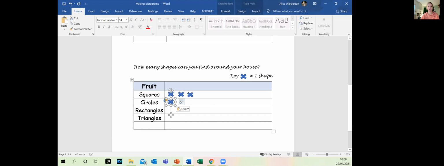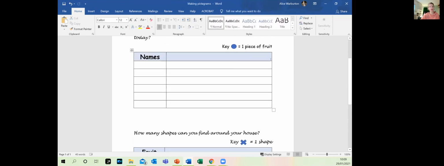Oh, and remember what I said, I know it's easy to do on the computer, but they all do need to be sort of the same size, shape, colour, because they're all representing exactly the same thing. So if you went round your house and you saw 4 squares, you'd put 4 crosses in the box. Okay, so have fun with that. Off you go now and do that. Keep your work safe, because you might want to refer to it tomorrow, and send a picture in of how you've done, put it on Seesaw,